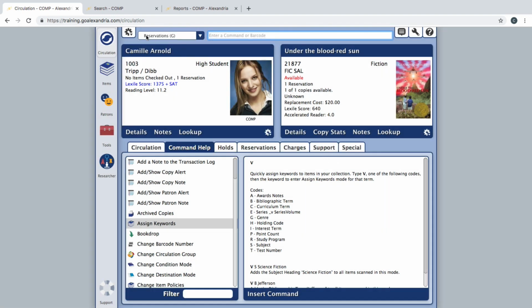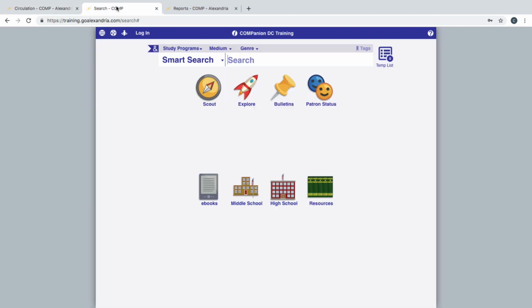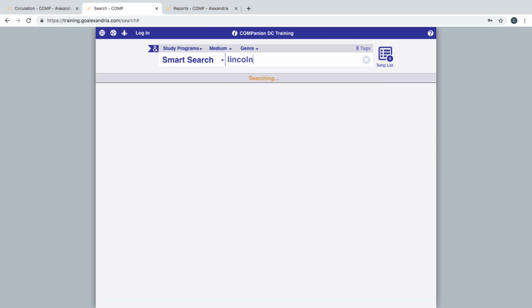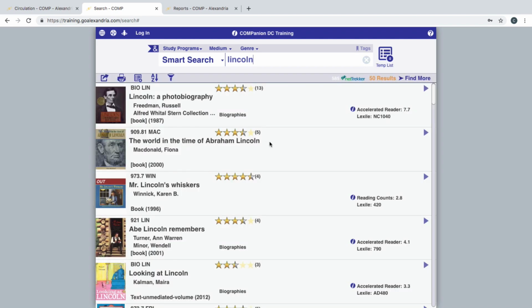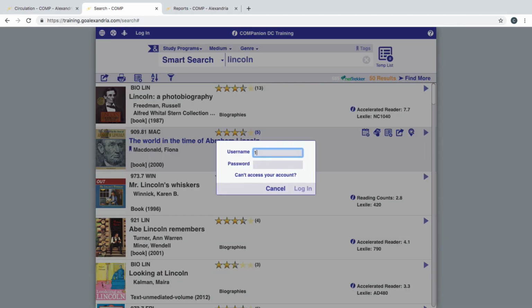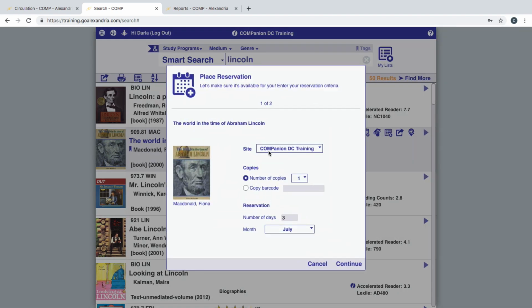In the event that your students or patrons are going to be placing these reservations themselves from the Researcher module, this process is even easier. By simply going into the search platform and performing your search, you can then select your item, click on the calendar option to go in and place your reservation. Don't forget to log in if required, and then you're simply going to have to fill out the exact same